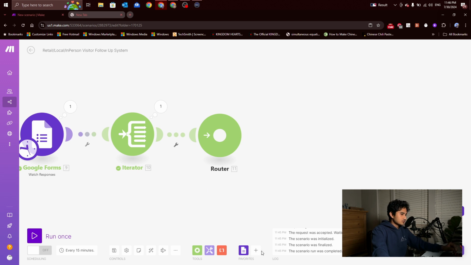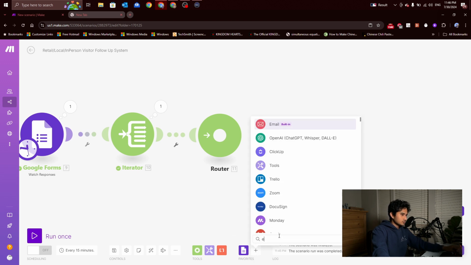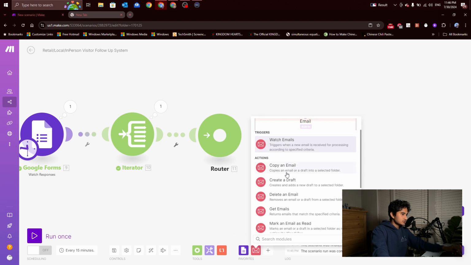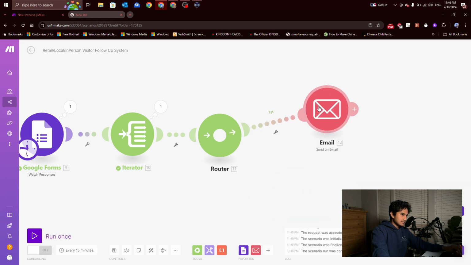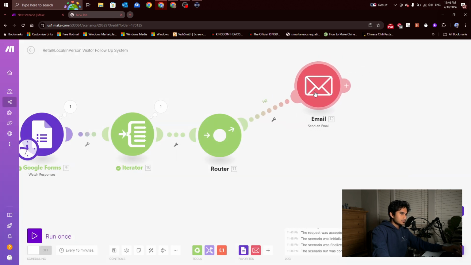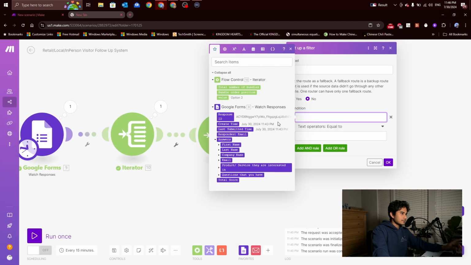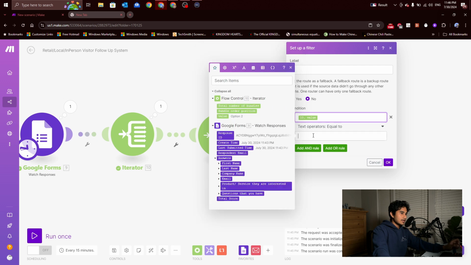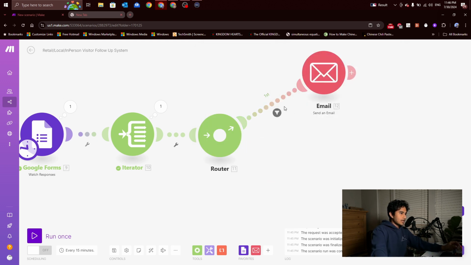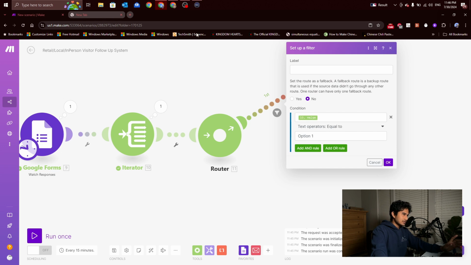So at this point, it's going to be pretty simple. You will search for the email module and do a send an email. Set up a filter and have this filter look at the value that the iterator brings in. And in this case, we're going to have this equal to option 1. And it has to be, in this case, I'm making it equal to because